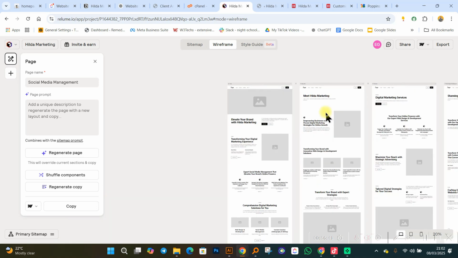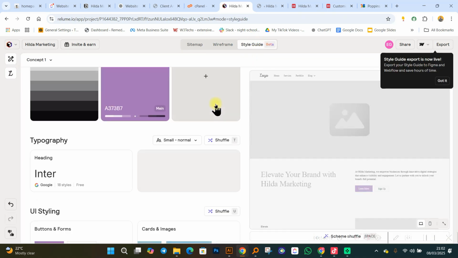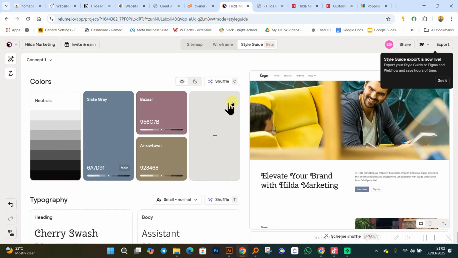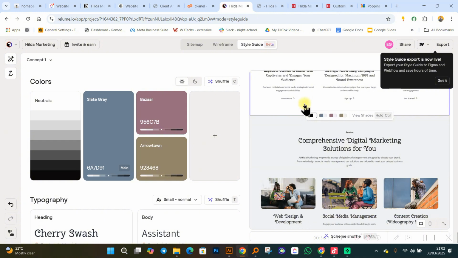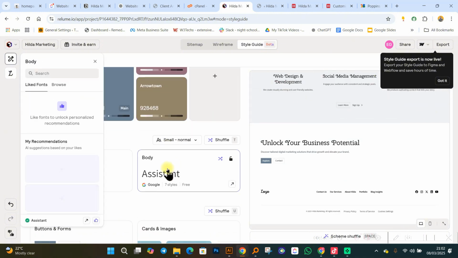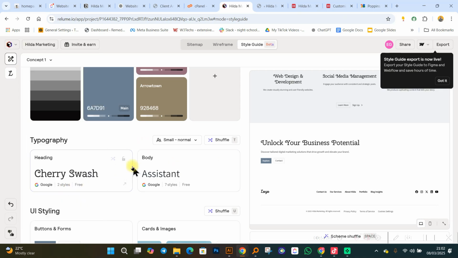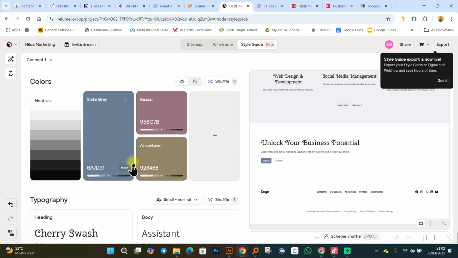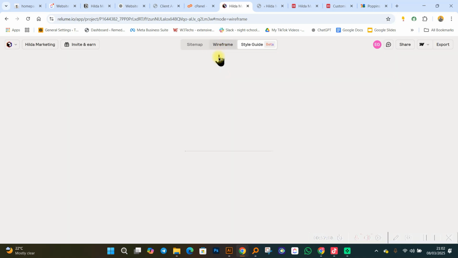Now for probably guys who use Figma, is there anyone over here who is familiar with Figma? Now it's easy for you. You can look at this. This is how the website is actually looking like. You can export your design to Figma. All right. And you can change your style guide very easily over here. All these are things that you can actually get to easily do with Relume.